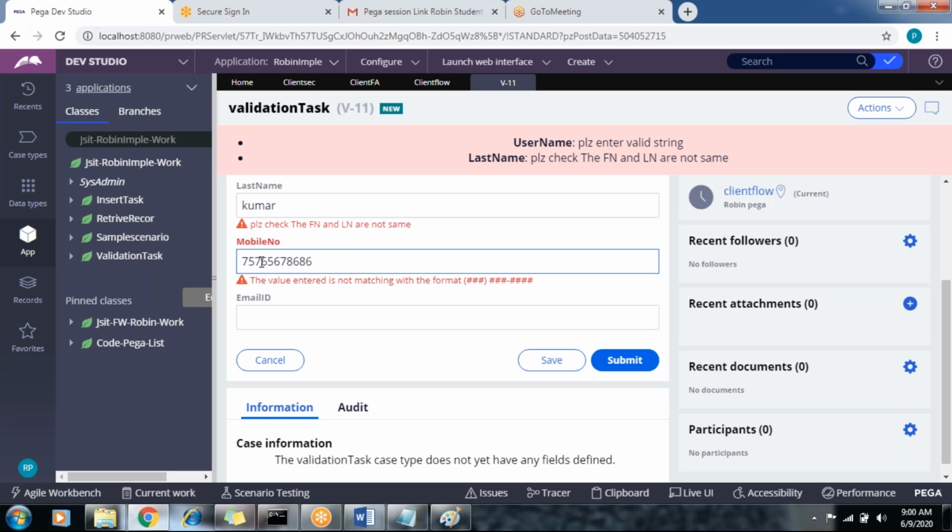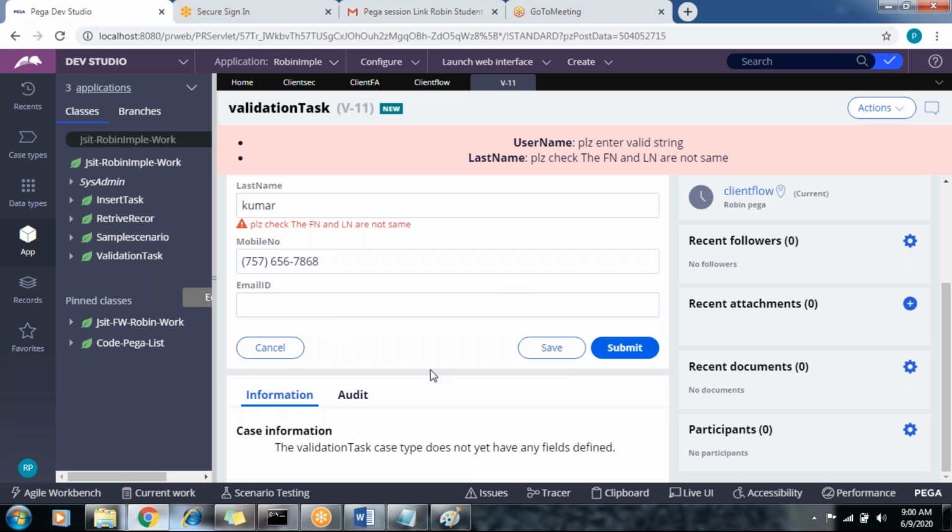First 3 characters are in brackets. That's fine. This is a space here. After 3 integers, hyphen. Next 4 digits.